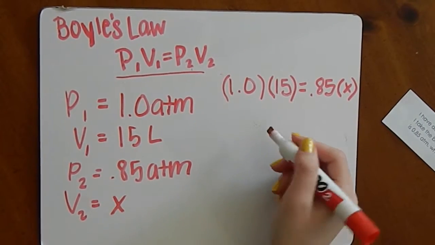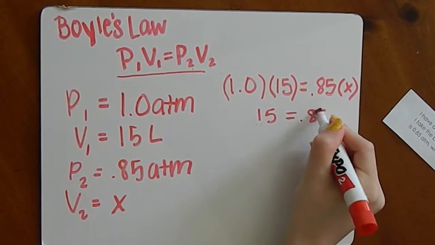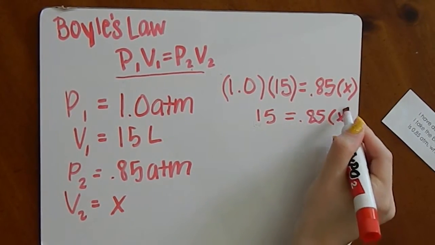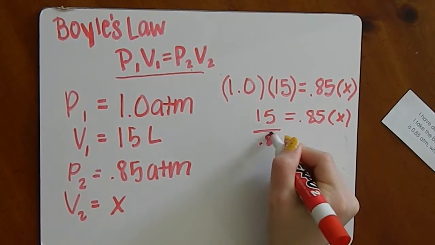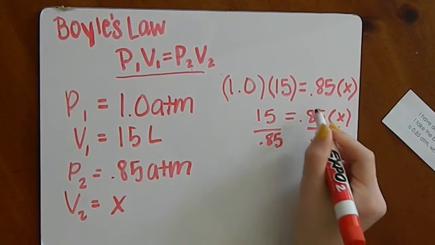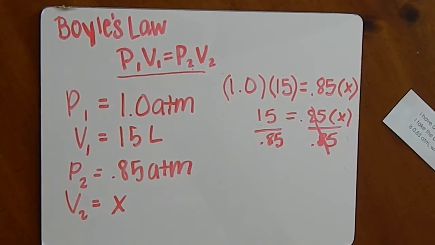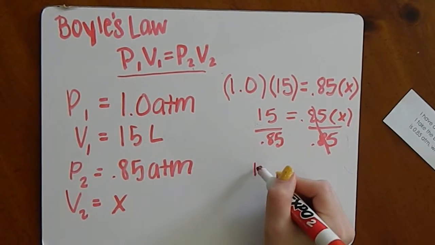So 1 times 15 is 15. And then what you do is just divide 0.85 by both sides. That cancels out. So 15 divided by 0.85 equals